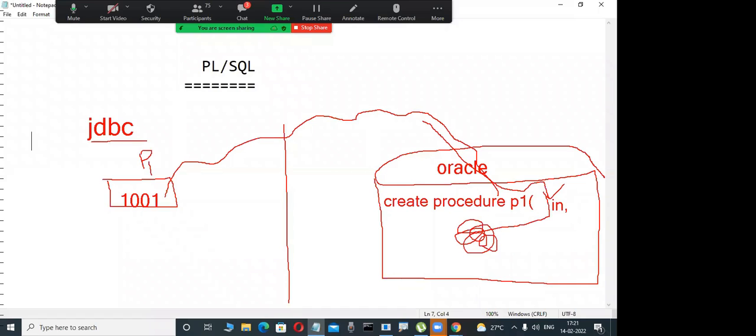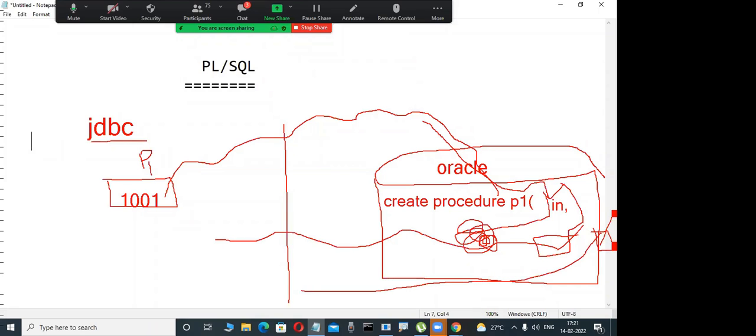Here you are writing the PL/SQL internal logic only. Based on that, OUT parameters are there. Some OUT parameters store some data from the database. Those OUT parameters return the values to your client application, like the account holder name, my name for example, or what the balance is. Like this it will be